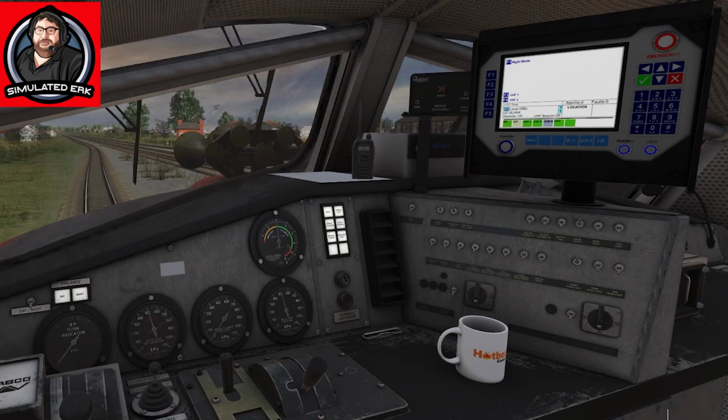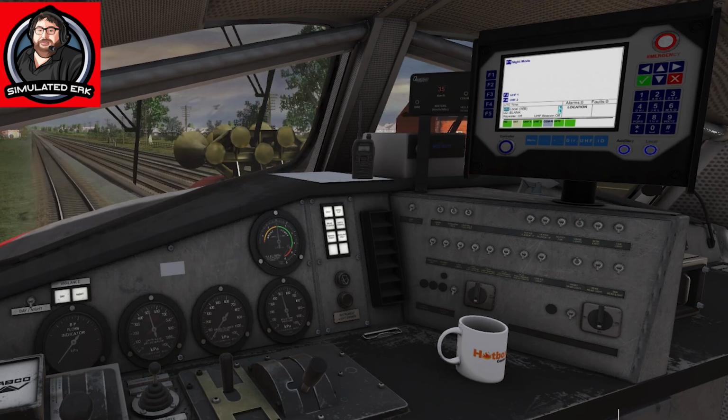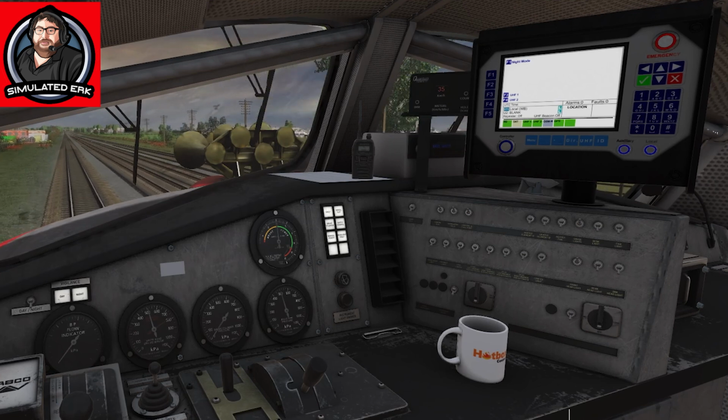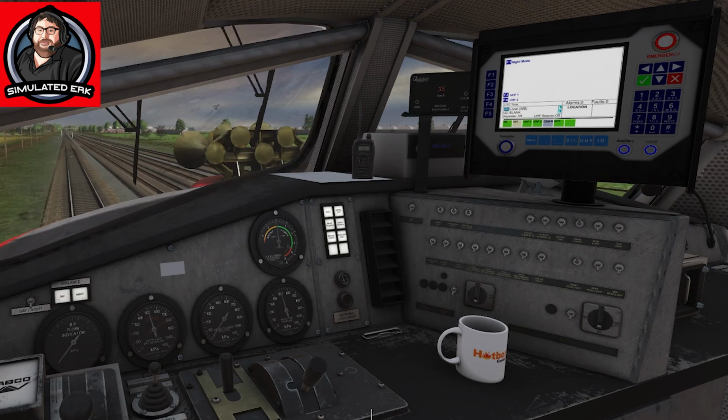So I'm hoping over time to give you a look at some various Australian, and this is probably going to be the focus more than the British stuff or the American stuff or the European stuff, which we're seeing a lot of on Train Sim World and Train Simulator, which is quite frankly easier to operate. There is a big learning curve, and considering this is only day 2 of operating trains, even though the episodes come out weekly, I think I'm doing okay. I'd prefer it to be easier, of course, and easier to find out the information, but to be able to even do this, to have a test train, 2 Australian locomotives and a series of Australian passenger cars, I'm quite enjoying it. So let's go outside and enjoy the ambience for a while, and